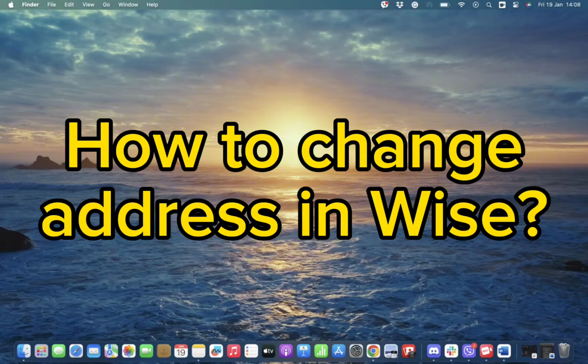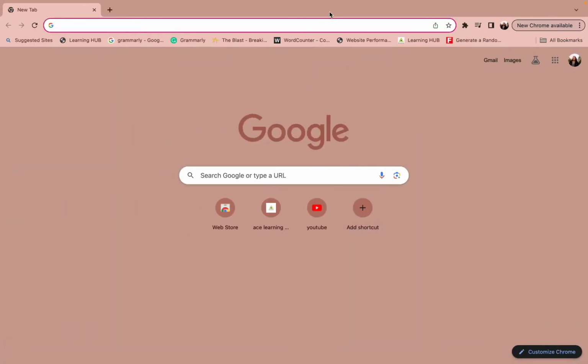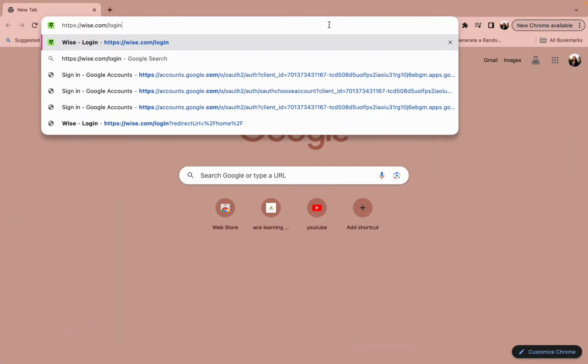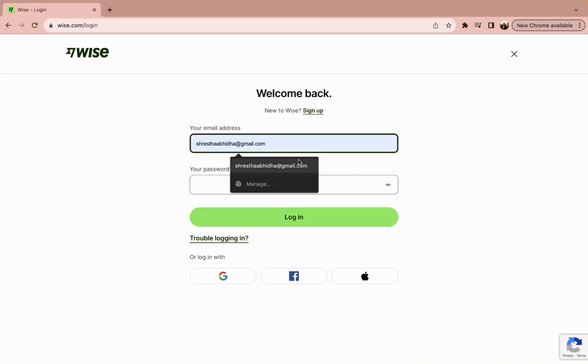So first of all, you need to log in to your Wise account through a web browser to change your address, as you cannot do it in your app. Simply open a web browser and type in the URL www.wise.com/login and you will end up on this page where all you need to do is simply get logged in